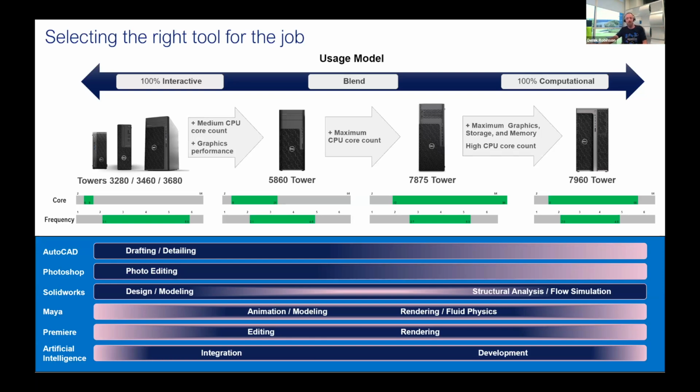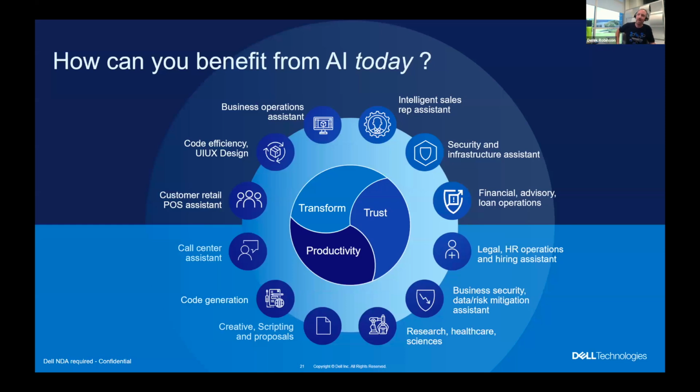We're talking about artificial intelligence, right? Frequently we get into this space of how artificial intelligence has been talked about. It's been the buzzword for a year. In the workstation world, we've been talking about it quite a bit longer than that, because the development of things like Gen AI has come from workstations, our PowerEdge servers, our networking and storage. It has come from this area. We've been at the forefront of this type of technology for years and years. And so frequently when we talk to customers,